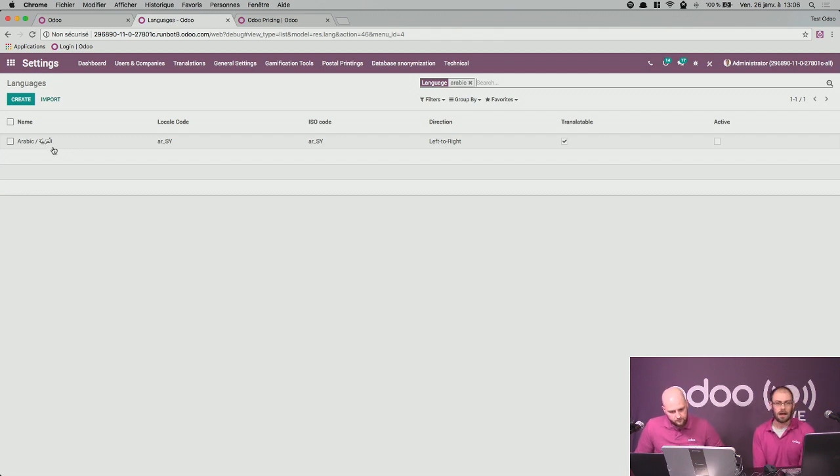Of course, Arabic is one of those languages, and the translations are actually also open to the community. So let's imagine one of the languages is not 100% completed. Well, every member of the Odoo community can